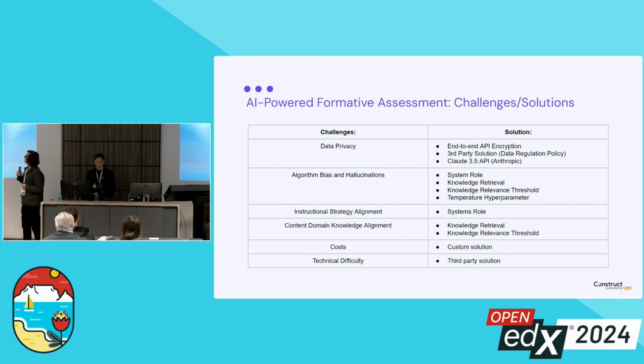So we can combat this risk through ensuring that our API is encrypted end-to-end. What does this mean? Our API refers to an application programming interface that allows the transference of data from a third-party tool to a large language model and then the transference back to the third-party tool. We need to ensure that that is encrypted. And Andre will touch on that when he demonstrates some of the applications that we have designed and developed.